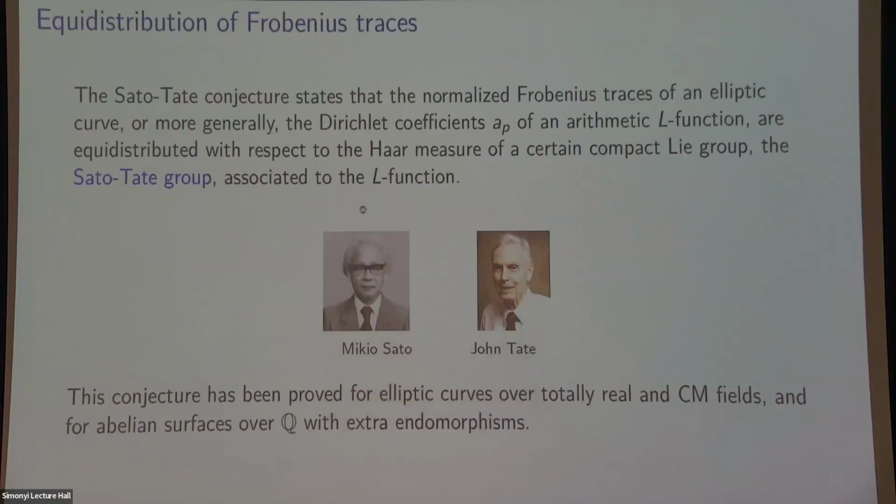I think this is a useful framing. If you're going to think about the distribution of Frobenius traces of elliptic curves, we're looking at some very fine, detailed behavior that's quite subtle, but maybe we should start by thinking about what we should expect in the large. What are the general things we know about distributions of Frobenius traces?